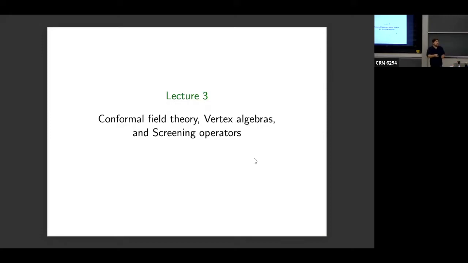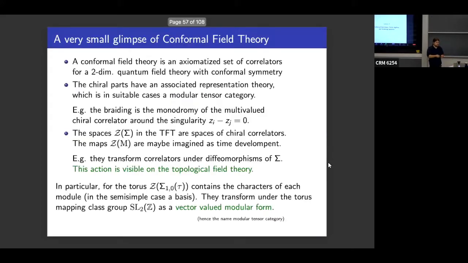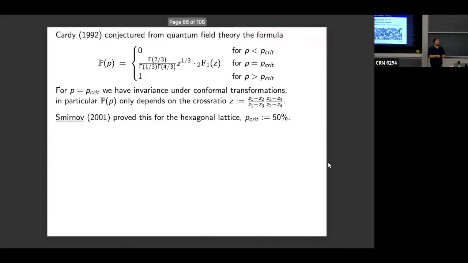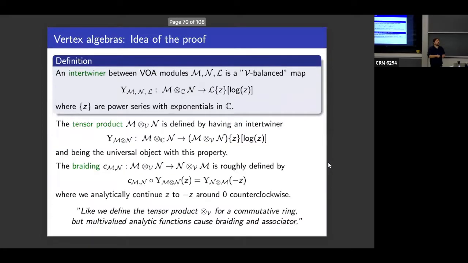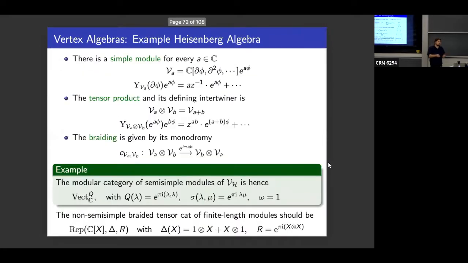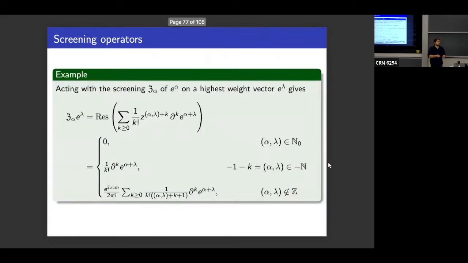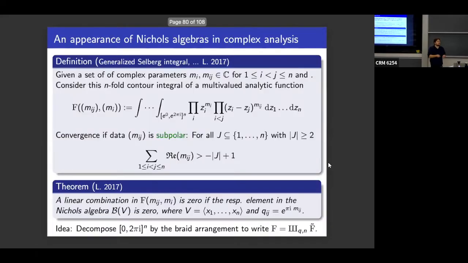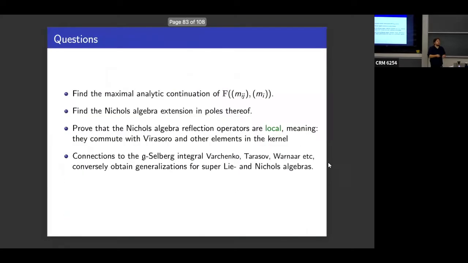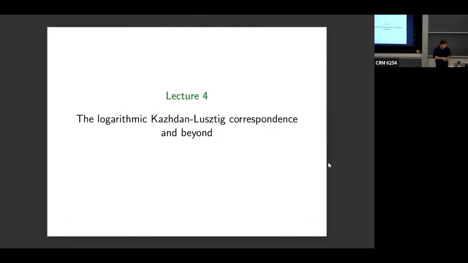So I will talk now a little bit more about how these three things, in my opinion, should belong together. So we have tensor categories, and we have vertex algebras giving tensor categories, and we have Nichols algebras giving tensor categories, and we were talking sometimes about the big picture and things like that. I want to do that a little today, and I also go more into my own research and into these big picture things, and how much of this we can prove.